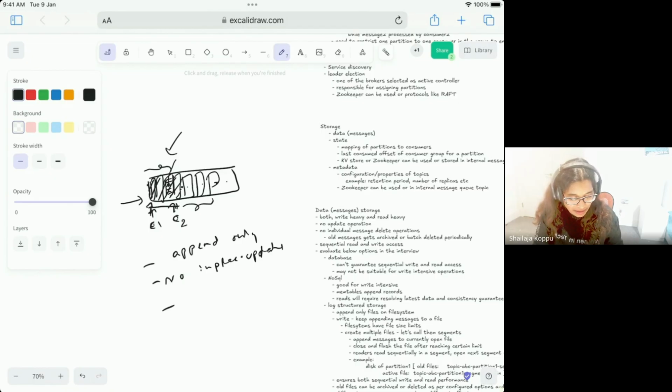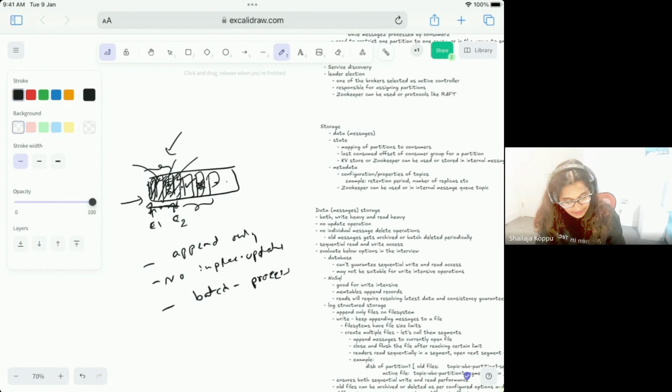We are not allowing any kind of API or functionality which lets us keep this message active but delete this message. This kind of functionality is not needed in our message queue. We don't need it. That means the delete operations are in batch, and it can be a background process, only one process. It's not like many different incoming APIs are doing that. There is no one API deleting here, another API deleting here. That's not what we are supporting. There are only just a couple of internal processes which come and batch delete.